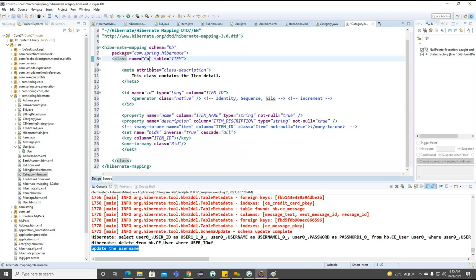And what we can define here is the class category, and the table I also want to write as the same thing, category. The category ID we need to change here.